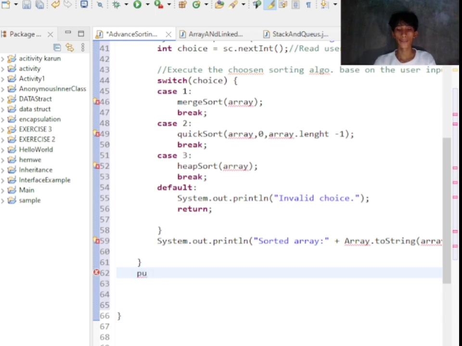Kaning public static void, static void, the merge sort merge, and then the opening parenthesis, and the int I, the int, and then